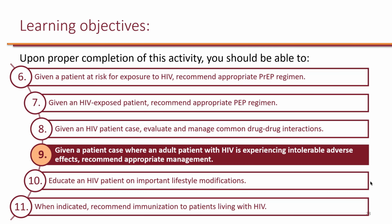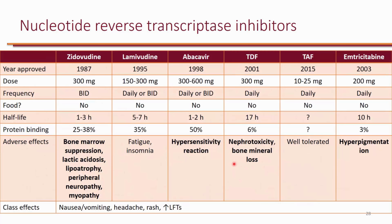We looked at pre-exposure and post-exposure regimens. We evaluated drug-drug interactions. Now, given a patient case where an adult patient with HIV is experiencing intolerable adverse effects, recommend appropriate management. So when it comes to adverse effects,